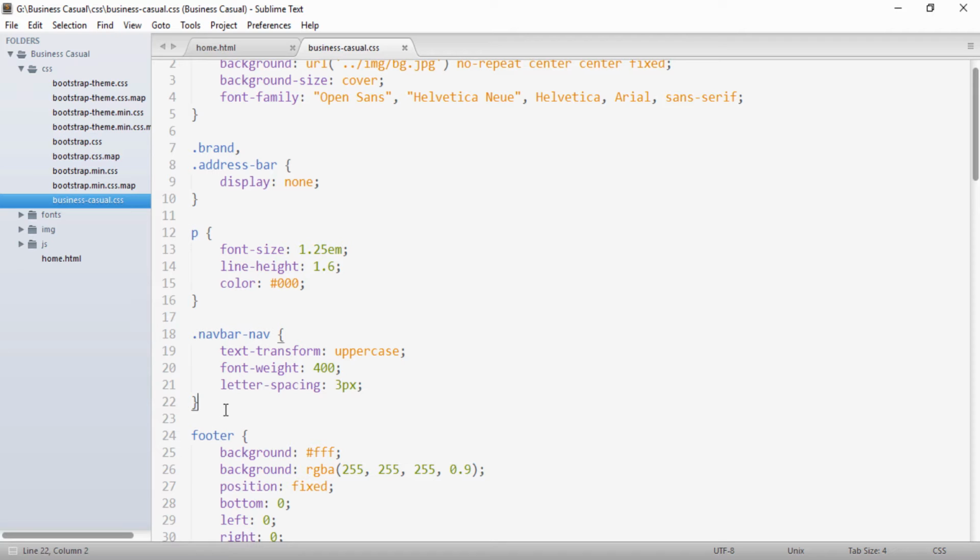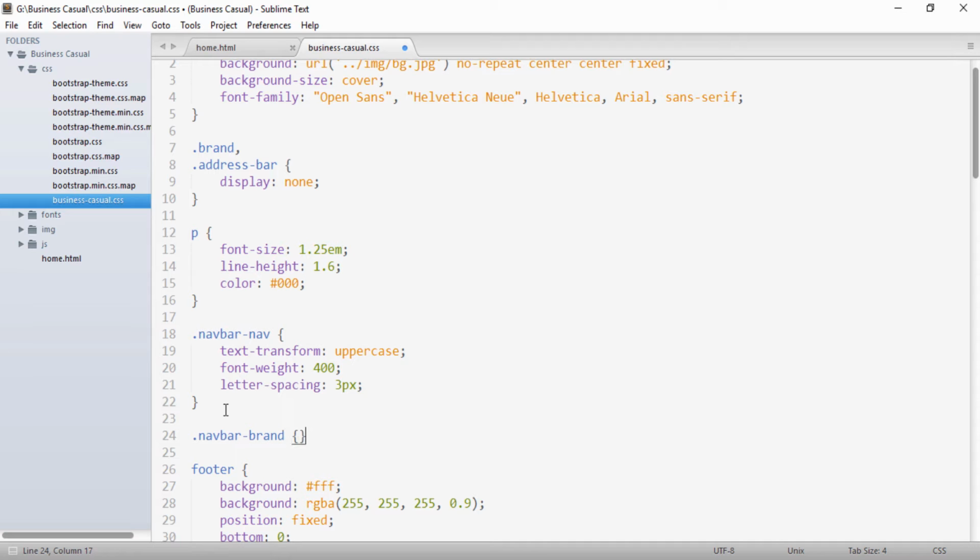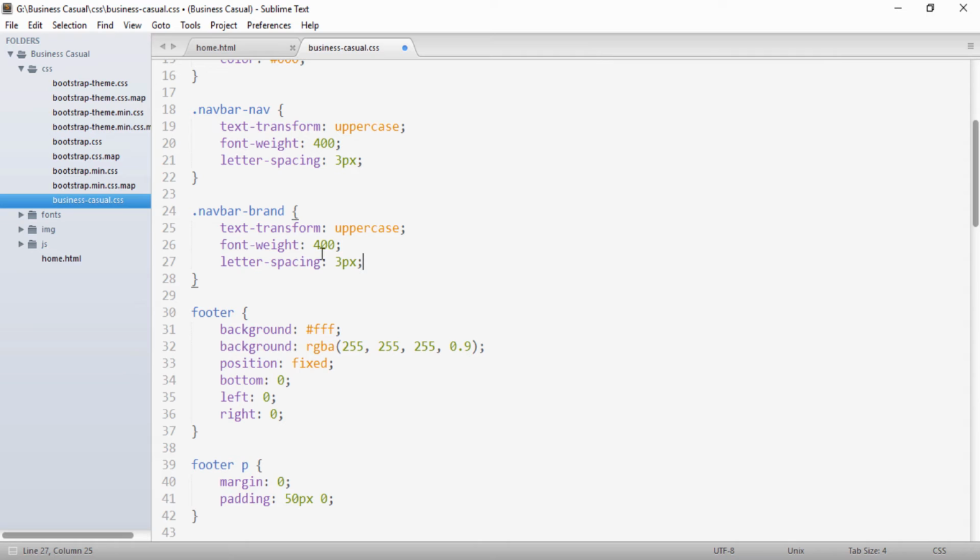So here, after this navbar-nav, I will just say navbar-brand, and provide a few CSS properties. I will just copy this because this is exactly what I want to change. So I will copy and paste it here, and I need to change the font weight.